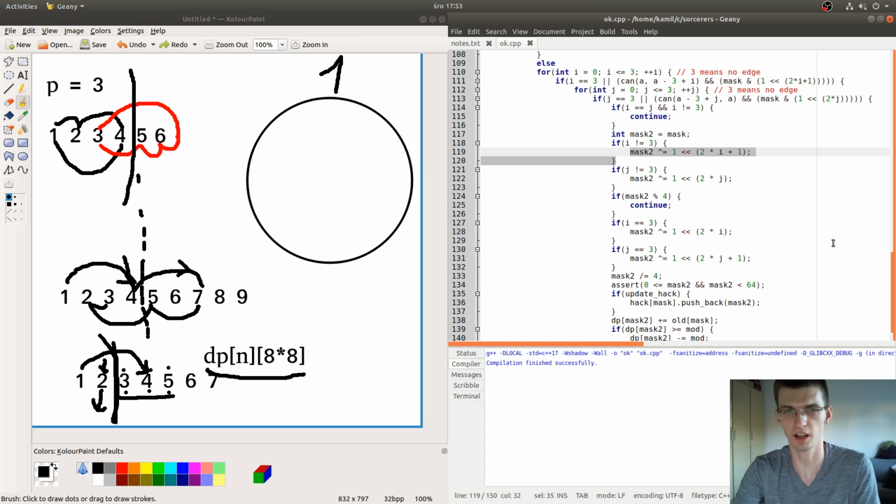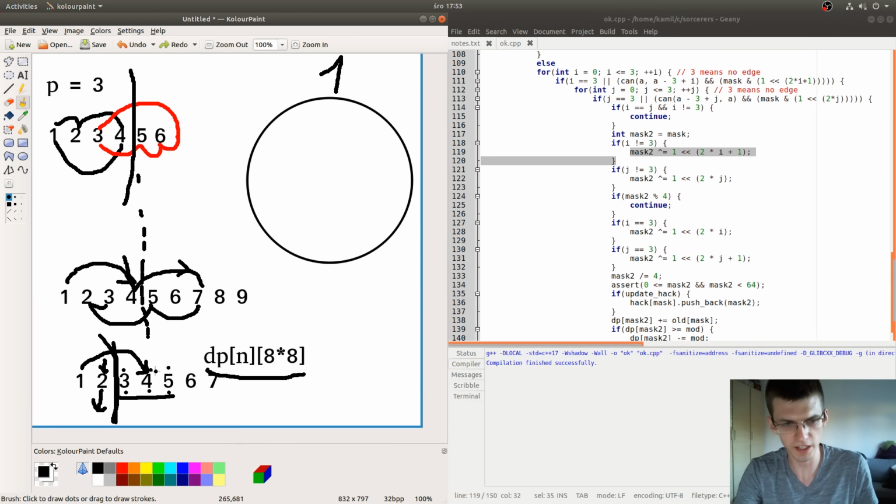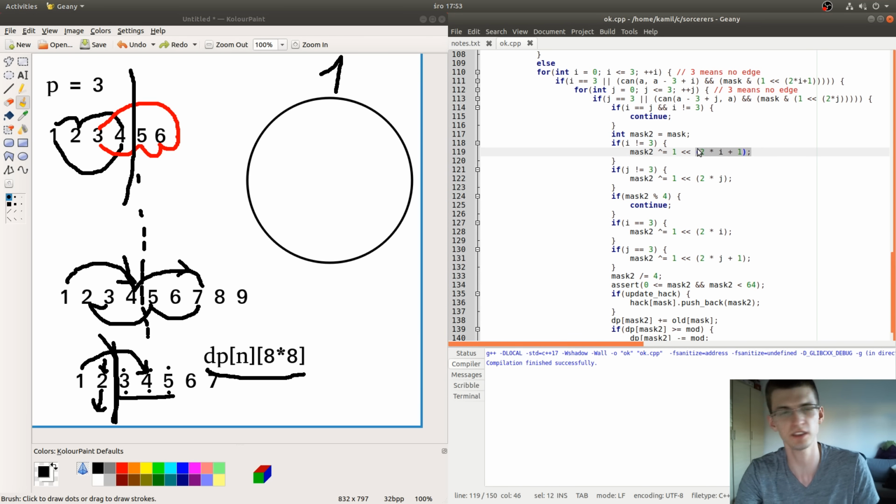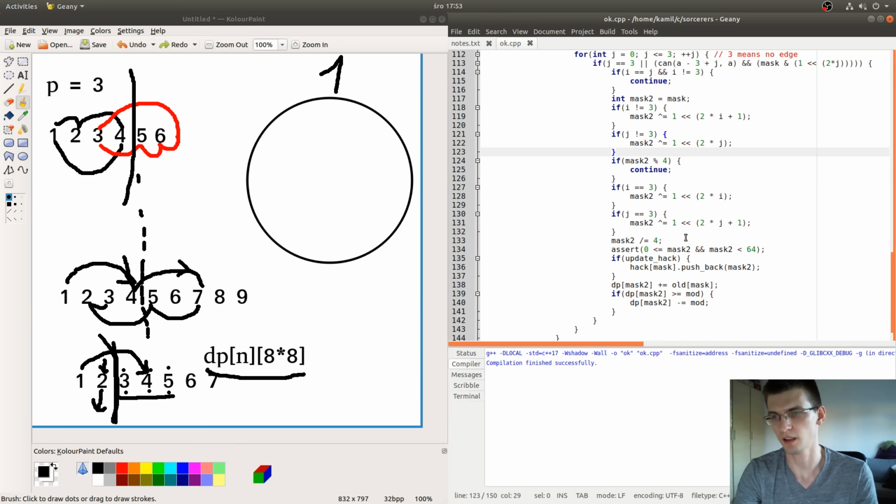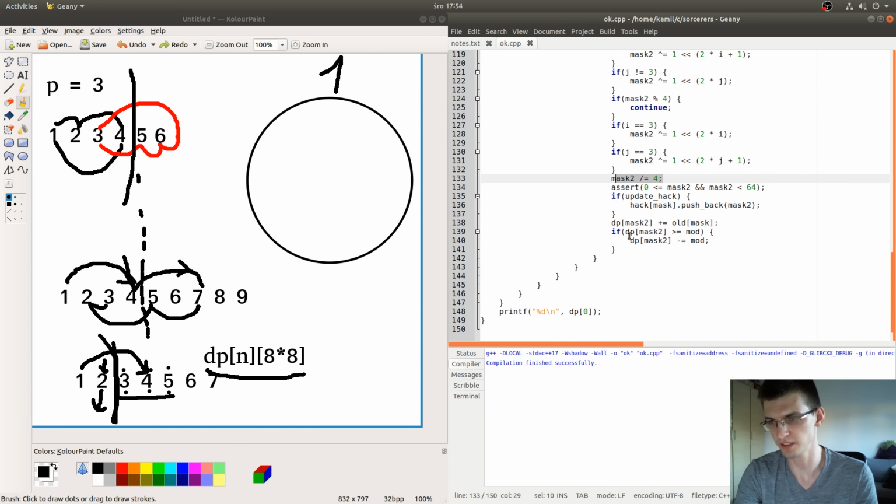I decided for myself that, for example, the edge going out of 3 is 0, then going into 3 is 1, then 2, 3, 4, 5, something like that. After deciding like this, I knew what is the index of every bit. And I create a new mask,